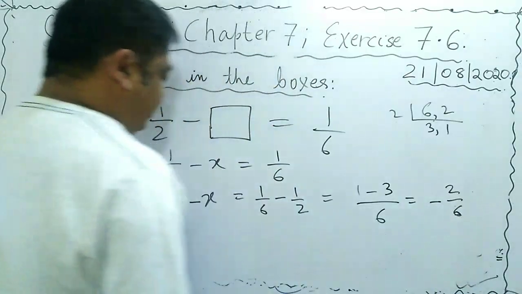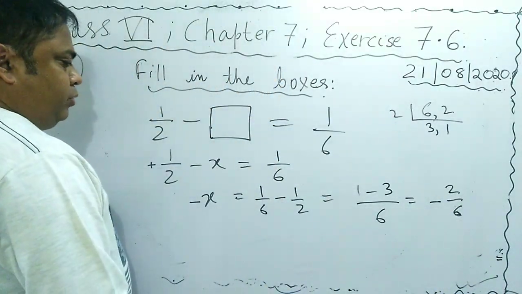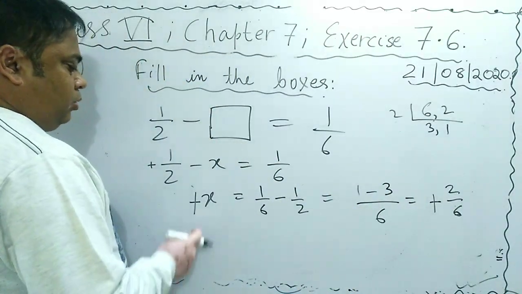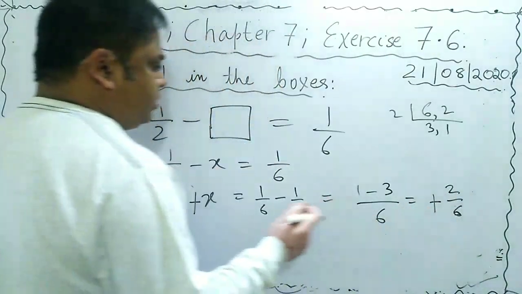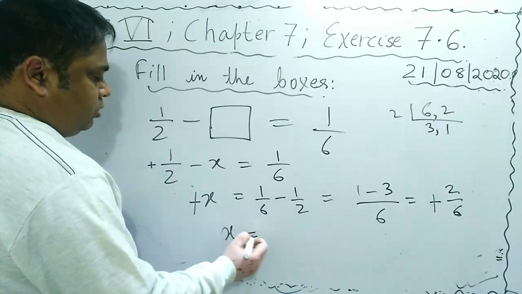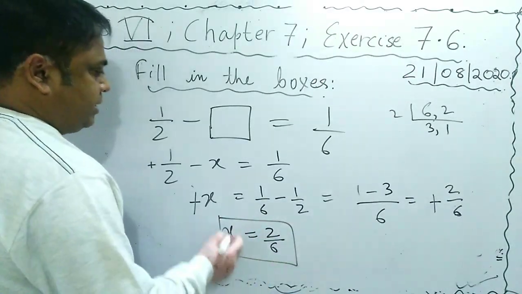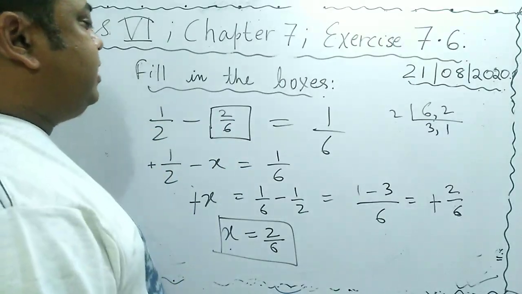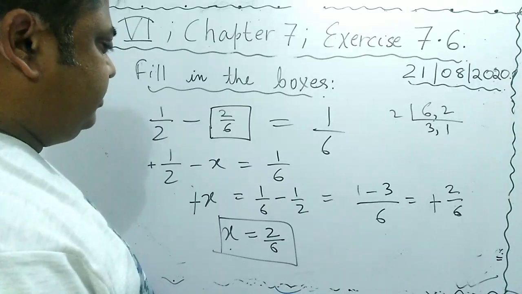अब एक बात का ध्यान देना, अगर LHS और RHS में दोनों तरफ माइनस माइनस है तो इसको हम कैंसिल कर सकते हैं. ठीक है, क्योंकि इसको मल्टीप्लाई कर दो -1 से, इसको मल्टीप्लाई कर दो -1 से, दोनों पॉजिटिव हो जाएगा. So x is equal to 2 by 6. तो x के बदले हम क्या लिखेंगे यहाँ पे 2 by 6. मतलब 1 by 2 से 2 by 6 को माइनस करेंगे तो क्या आएगा, 1 by 6 आएगा.